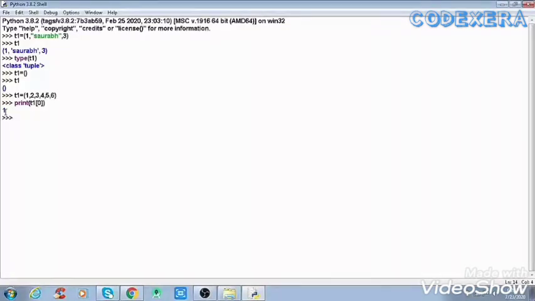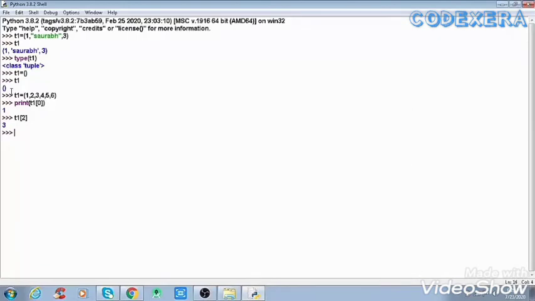So it is the tuple indexing. Let me show you one more example. If you write it without print, it will also show the value. So here I will give 2, and it gives the value at index number 2 in this tuple. So this was the indexing in tuple.